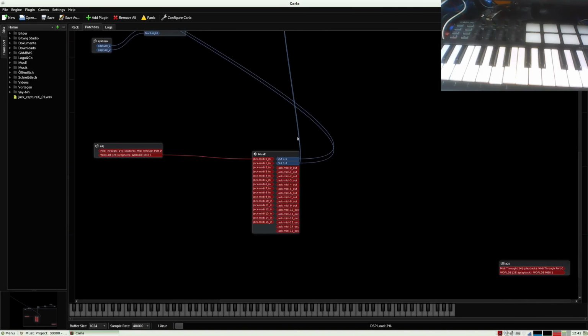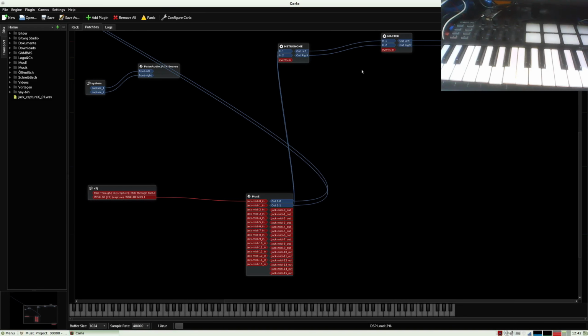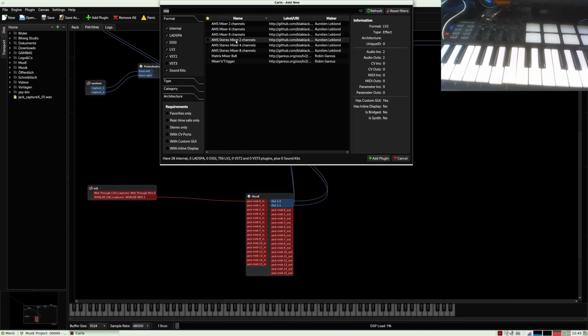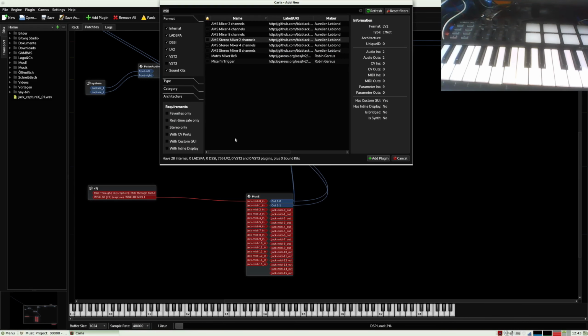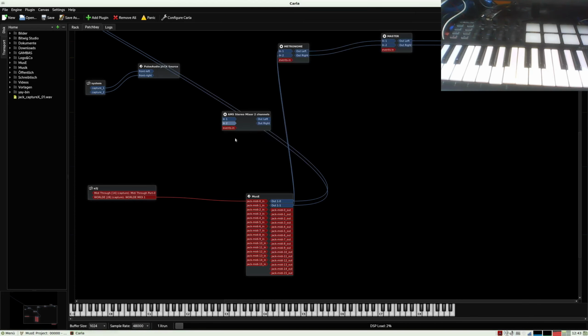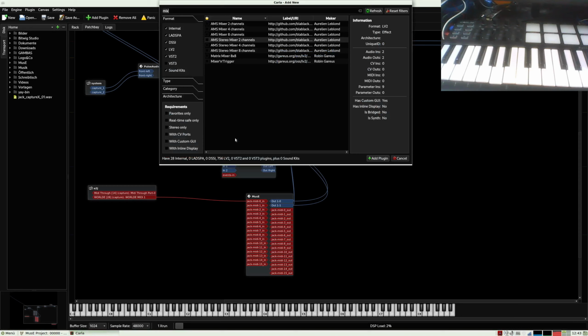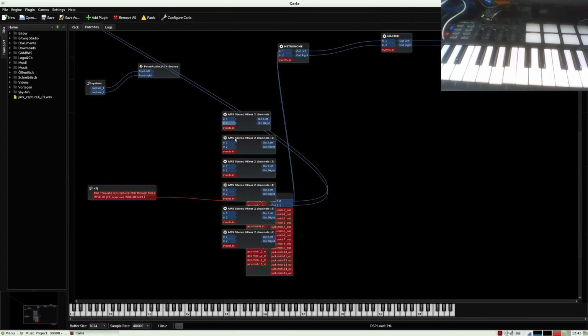Okay, now start over. I want to add more and more of these mixers. You will see later why I do this. So add a plugin, and it's the mixer. It comes to there. I don't want it to be connected, and I need more of them. I can press Ctrl A and enter to put more of these mixers inside.